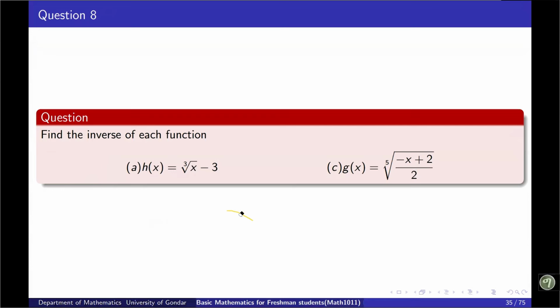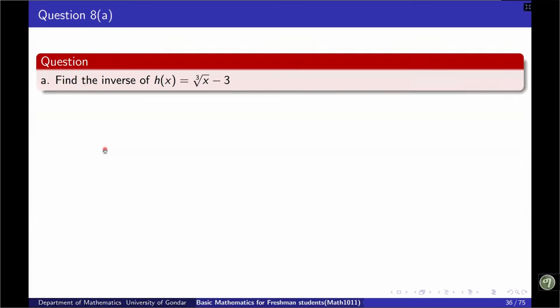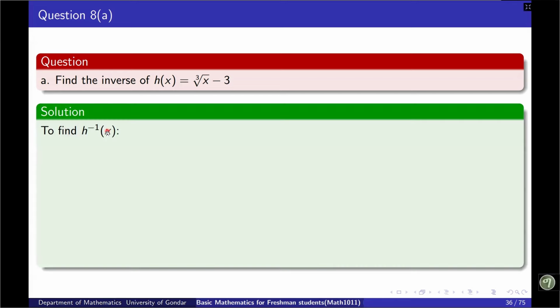Okay, the next one is question number 8, which is finding the inverse of the given function. Let us start from the first one: find the inverse of h of x equal to the cube root of x minus 3. In order to find the inverse of the given function, we have the usual steps, around 3 or 4 steps. The first step will be letting f of x